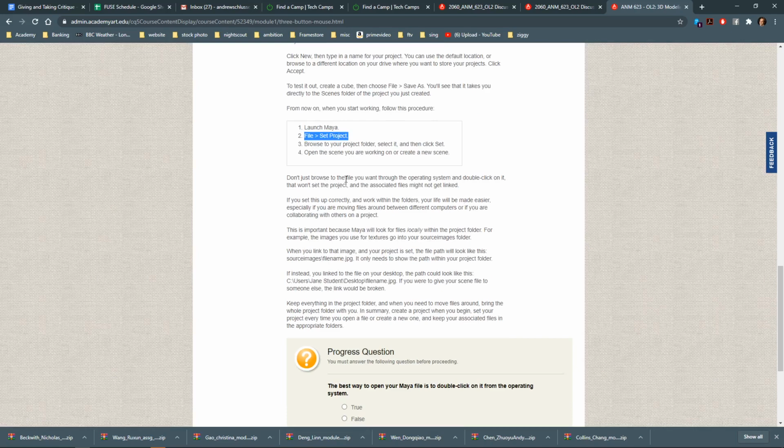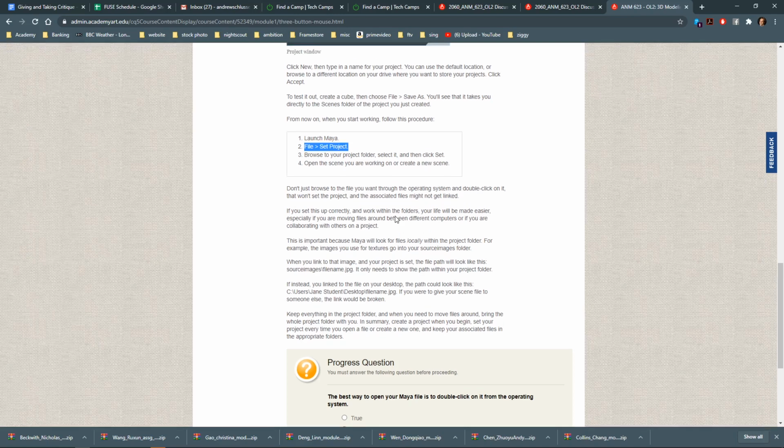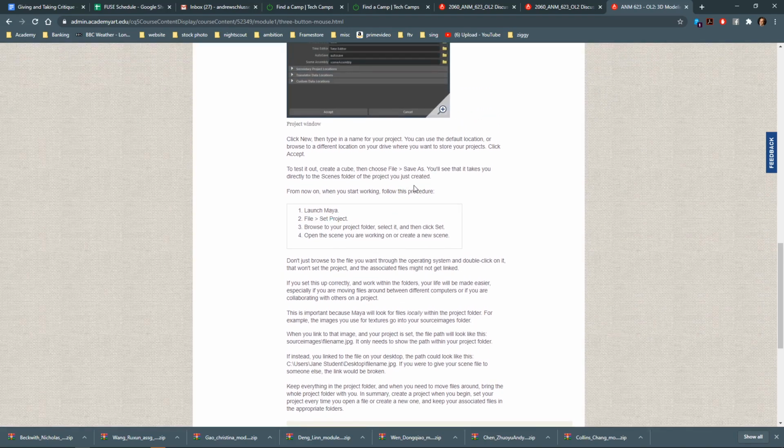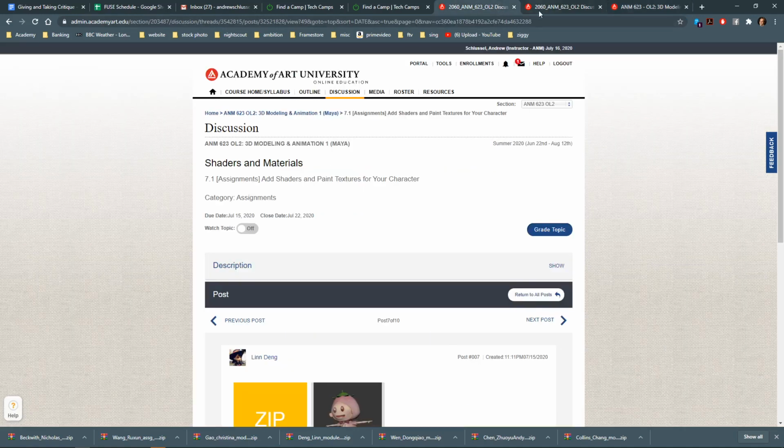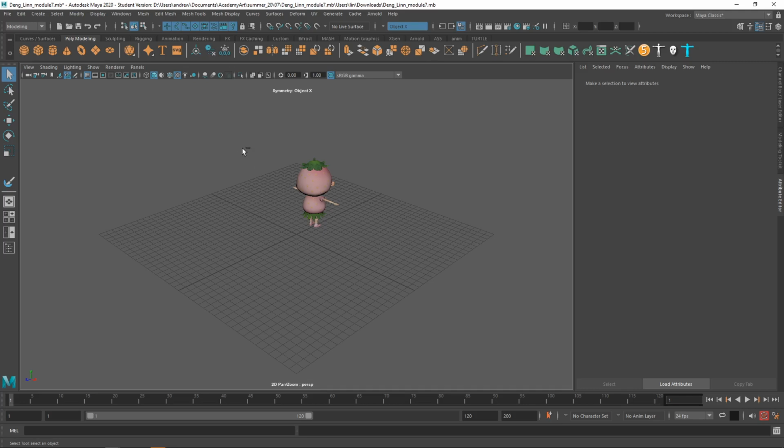So make sure you use a project folder, that your scene files are in the scenes directory, and that your texture files are in the source images directory. So please do not turn in a file again that's not properly in a project folder, and make sure you archive the scene file and send that zip. But you should not, because right now what I'm seeing is when I go to open this,